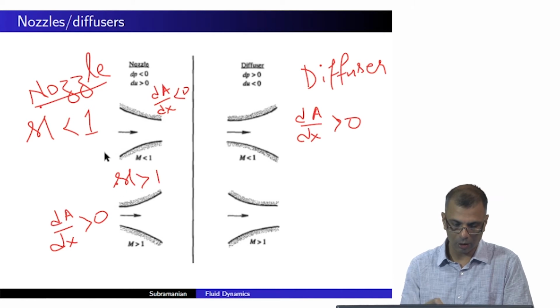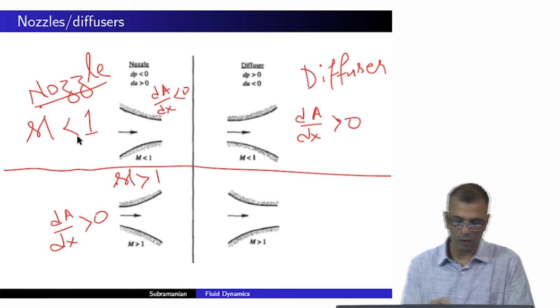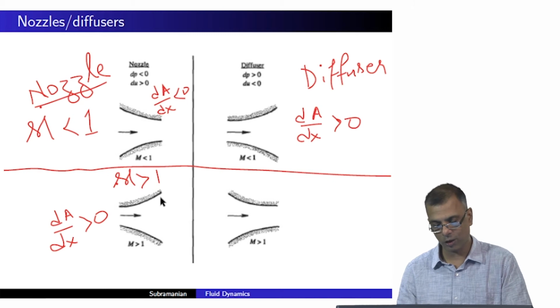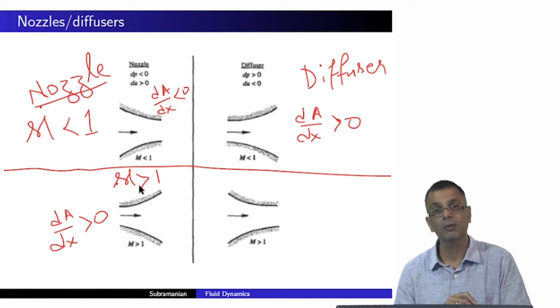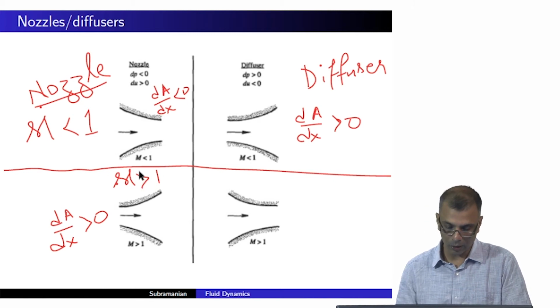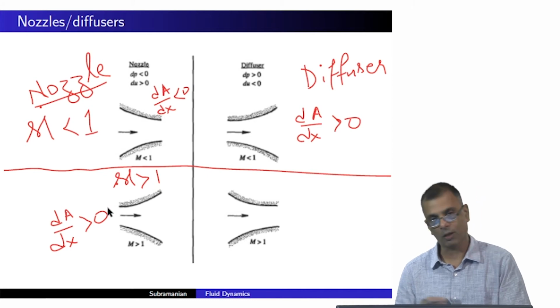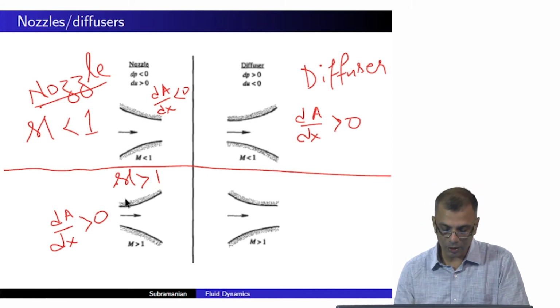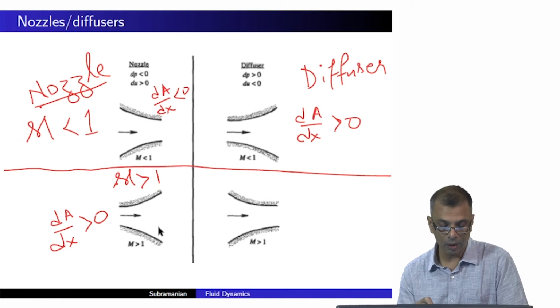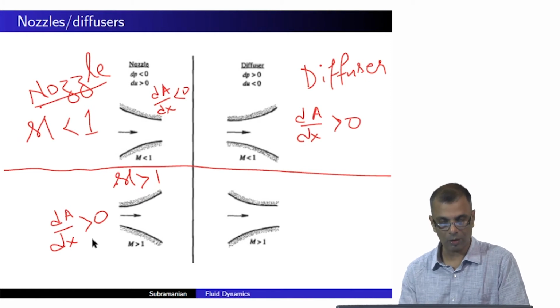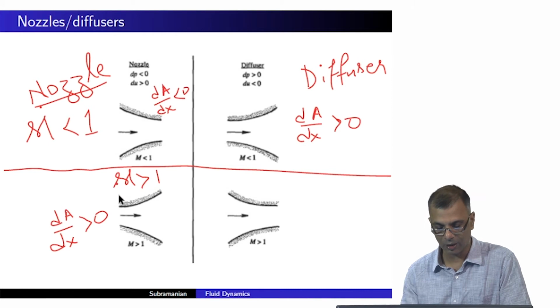Here, okay, like this. The top half is for subsonic flows where Mach number is less than 1, and the bottom half is for supersonic flows where the Mach number is larger than 1, right? So when the Mach number is larger than 1, contrary to intuition, it's this kind of a diverging channel. In other words, a situation where dA/dx is greater than 0, that acts as a nozzle,